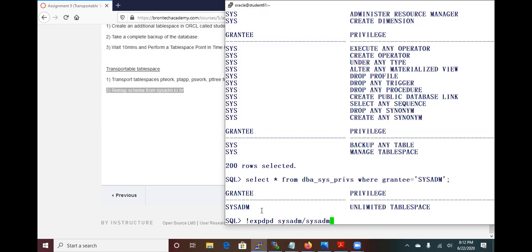Identified by sysadm. Directory is year 9, right? File is 9.dump. The log file is,